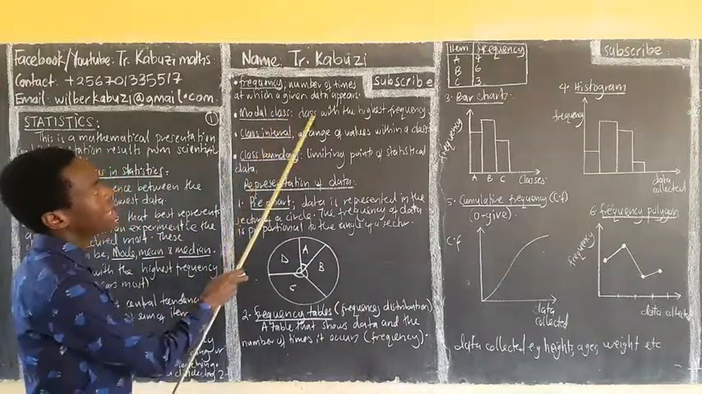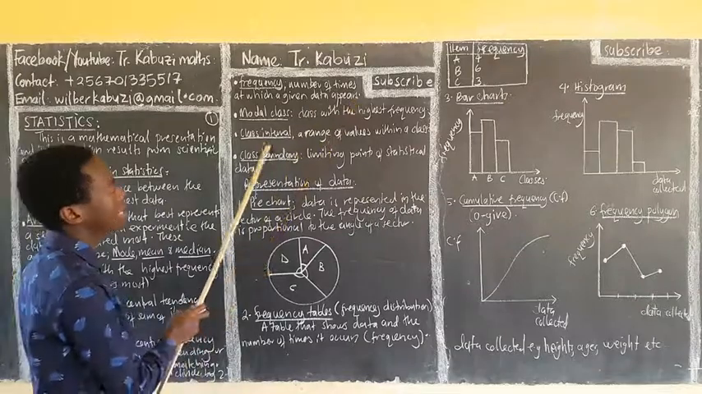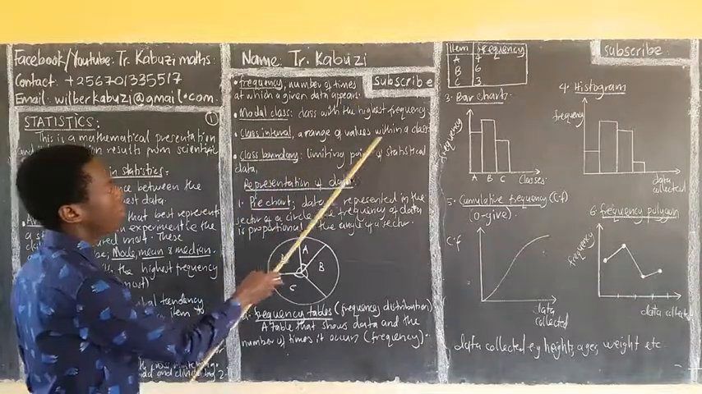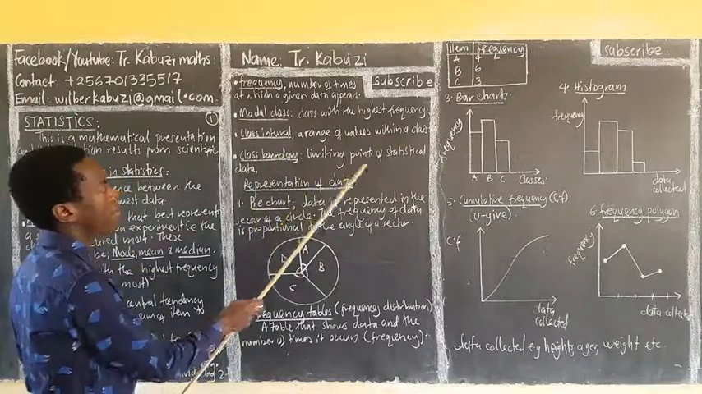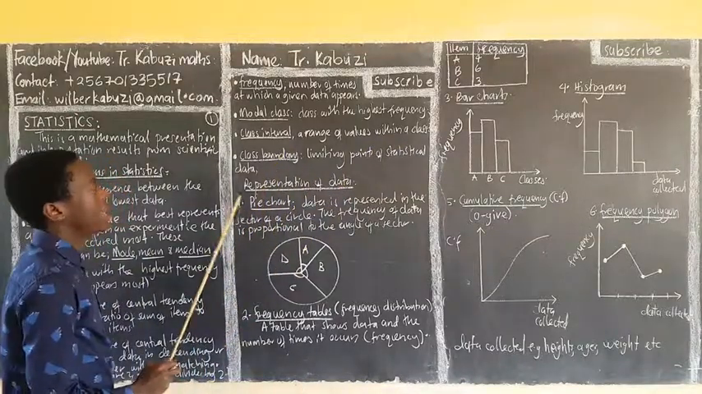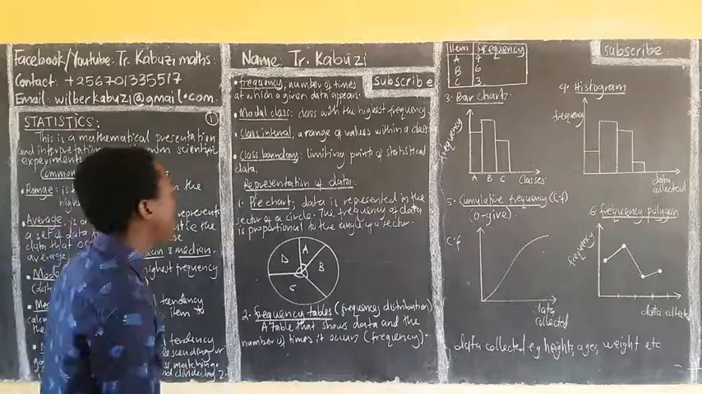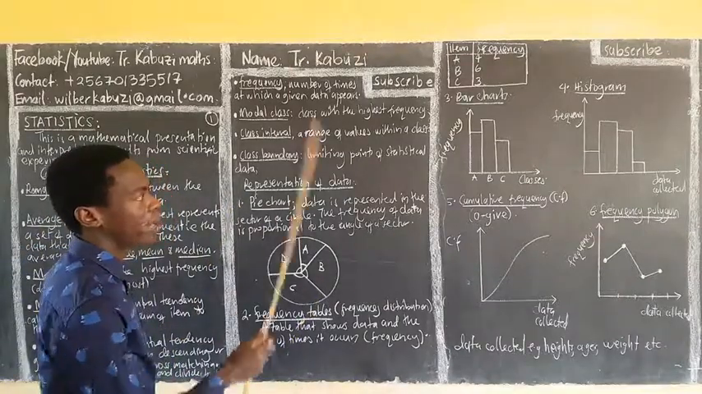Then modal class, the class with the highest frequency. Class interval, a range of values within a class. Then class boundary, limiting points of a statistical data. Then we can present this data in these ways. They are many, but I'm going to pick out the most